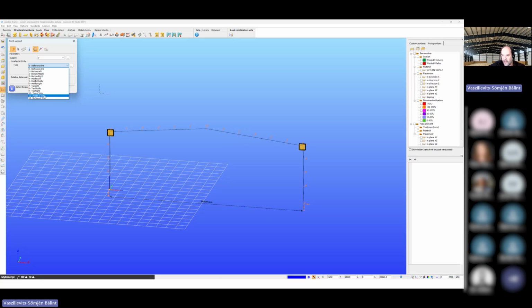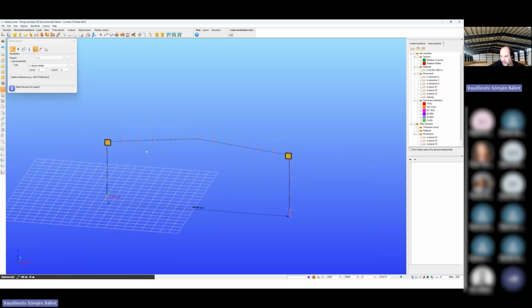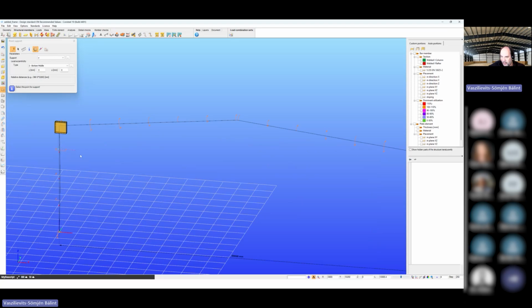Okay, so when I said rigid support, then of course I'm doing some sort of simplification, which maybe is not too valid, but now for showing the sequence of working with Consteel, this is perfectly fine. I will also add one maybe to the